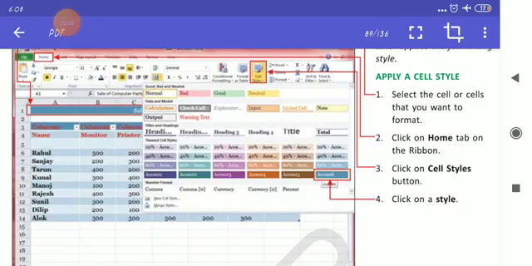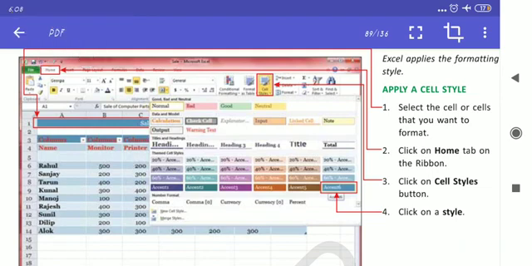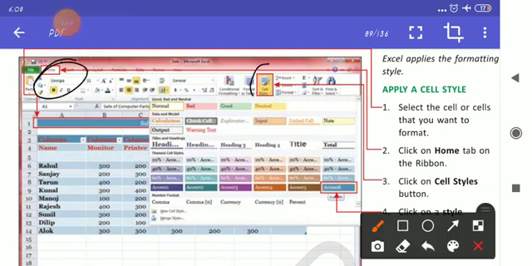Now here in the Home tab you can see Cell Styles. So different styles are given. You can choose any one of the styles. So select the cells, like here it has been selected, and Cell Styles.